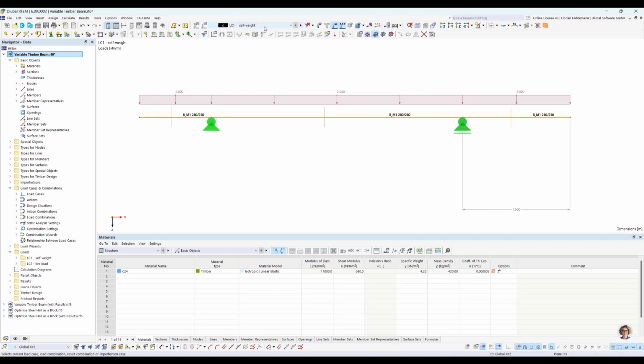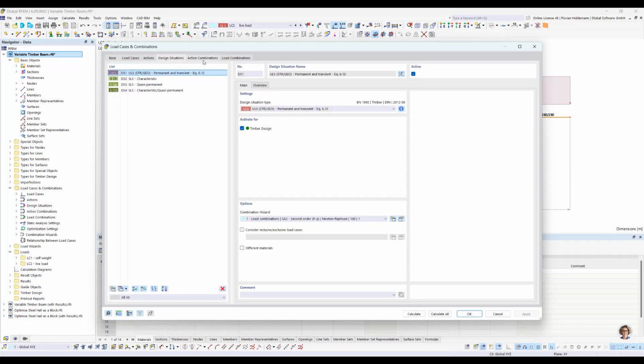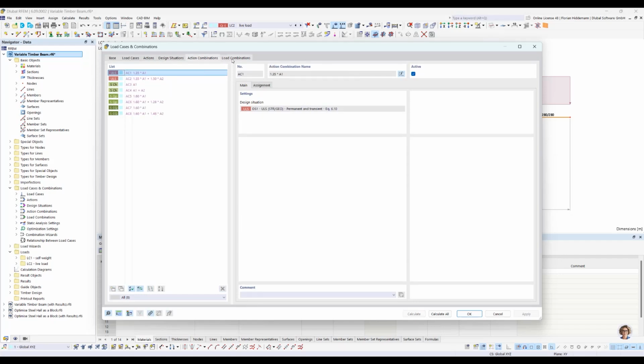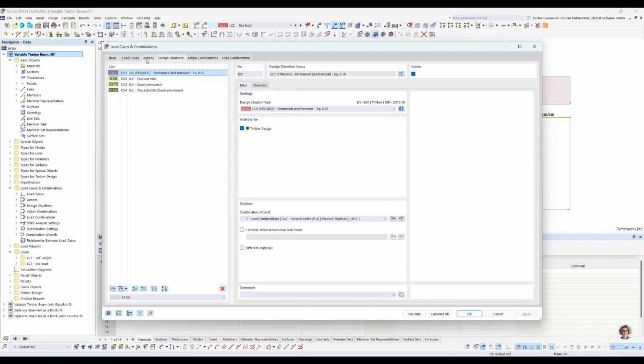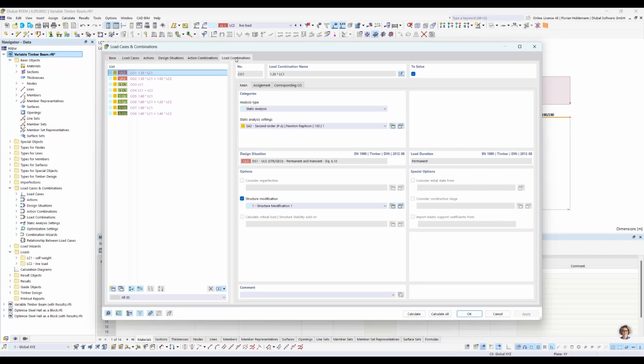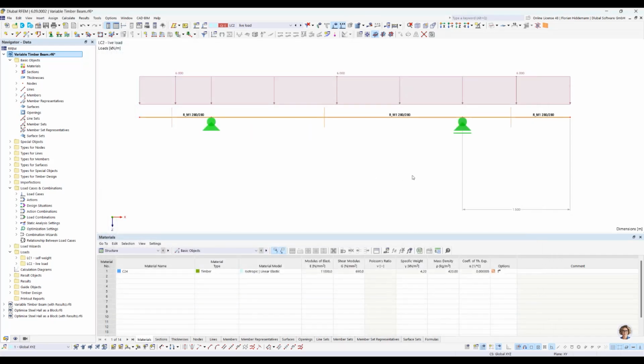You see load case 1 with some self-weight, and there's another load case with a live load. We use the German National Annex here, of course, and a combination with that. So you can see design actions. It's all standard, which you may be used to already, that we do some combinations and design situations for you. So you don't have to worry about all the timber design